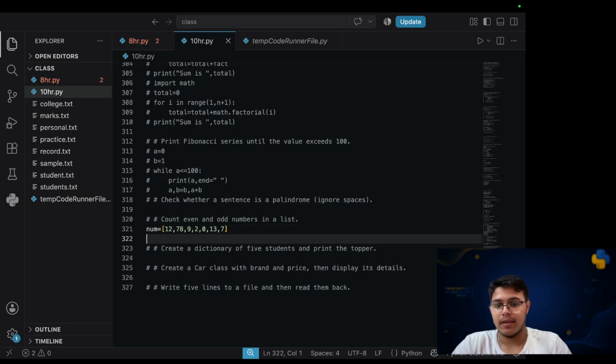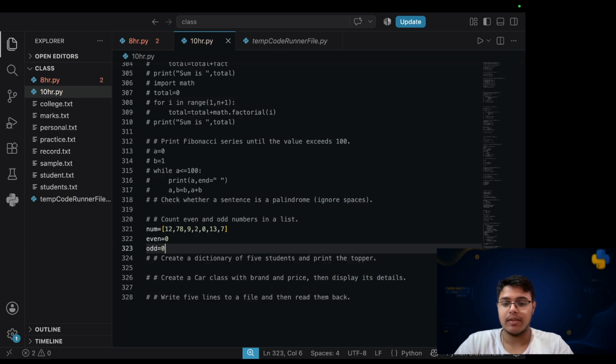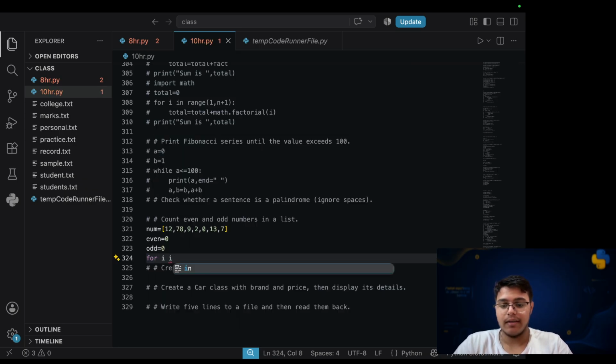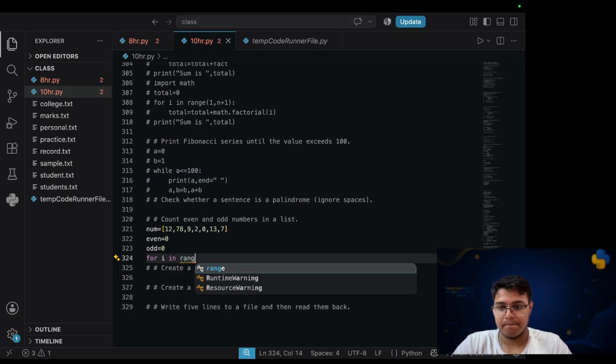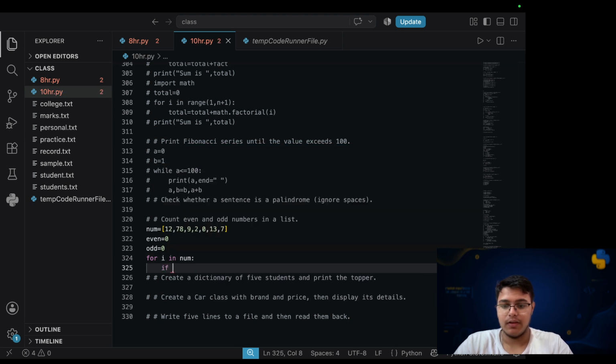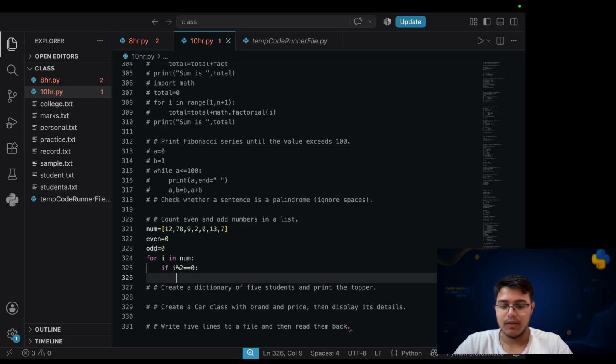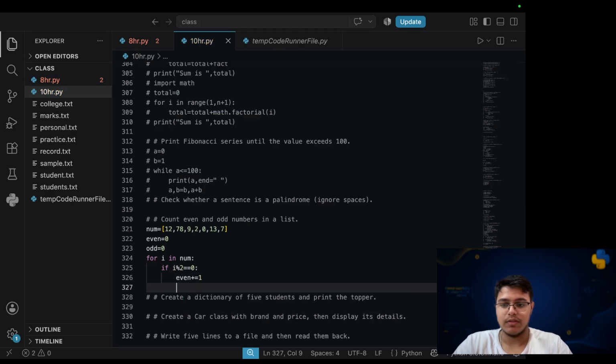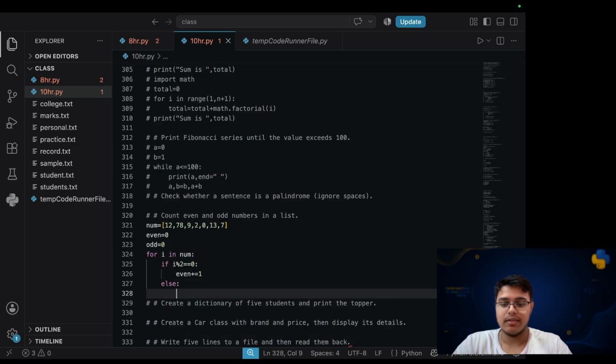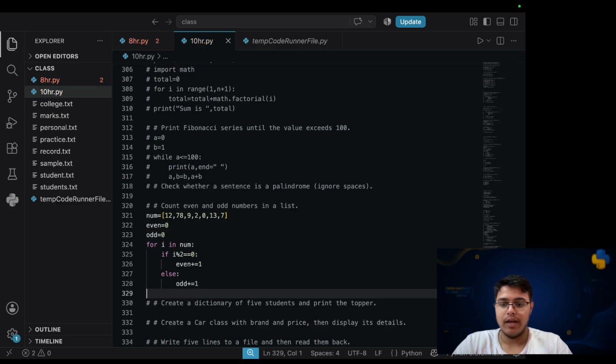Okay, now even equals 0 and odd is also 0 at the beginning. Now for i in range num, if i % 2 == 0, so even += 1, we will count it as an even number, else odd += 1. Okay, and at last we'll just print